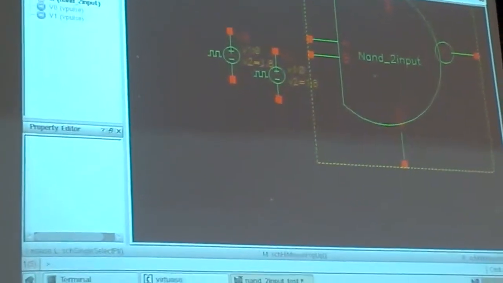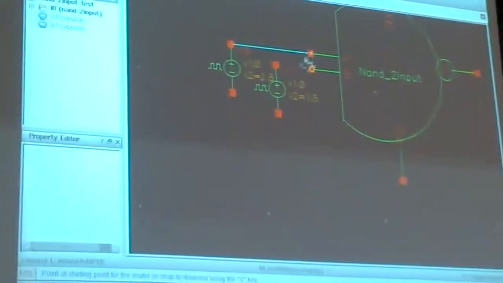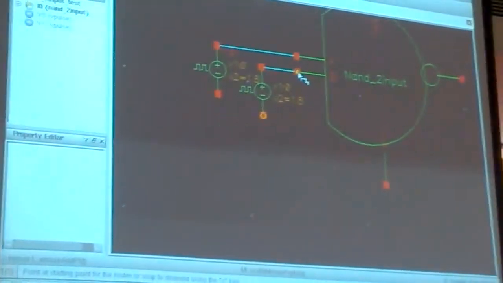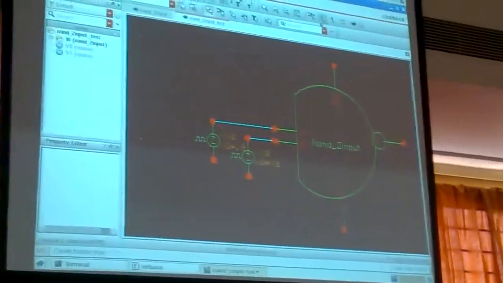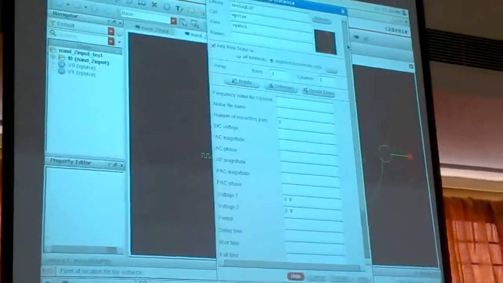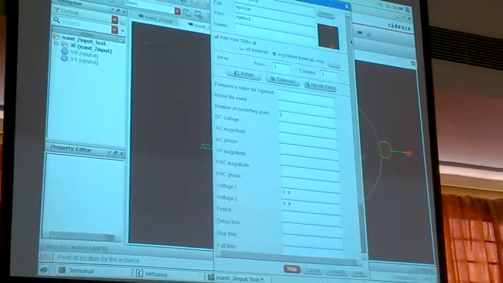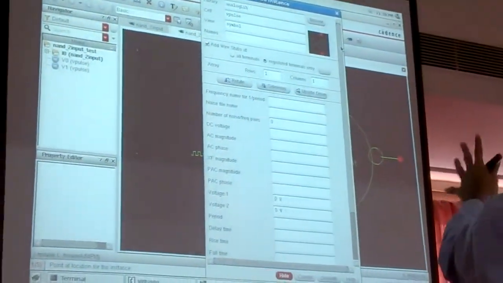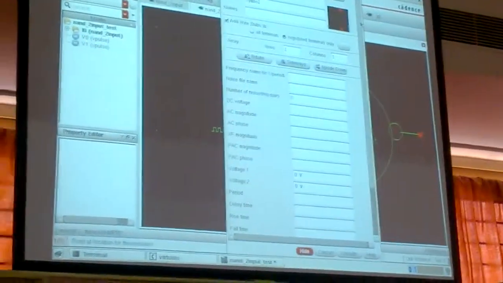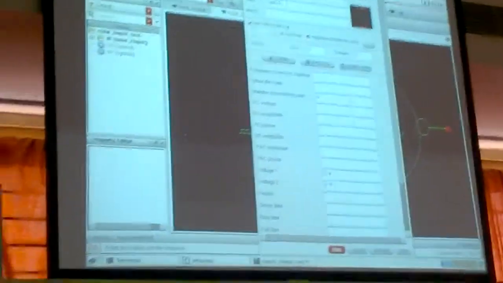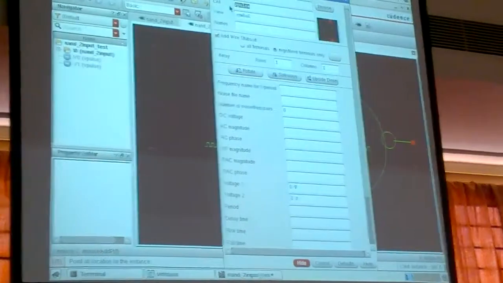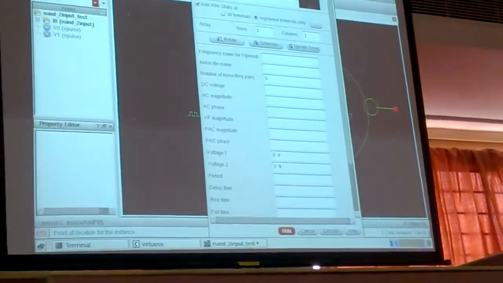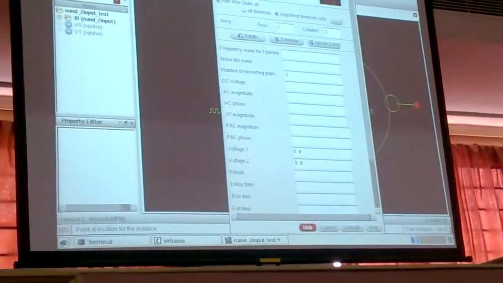Now connect it using the same wire. Press W, you will get the wire option. Go to create instance again. See, you can also alter without going into the browse. You can directly alter from here itself. Like for example, here the cell name is vPulse. Now I want to import the ground pin, so I am giving it as GND.